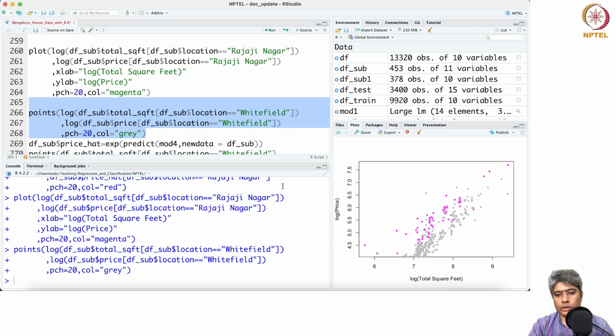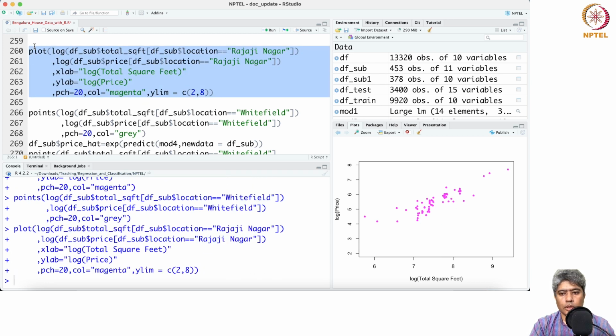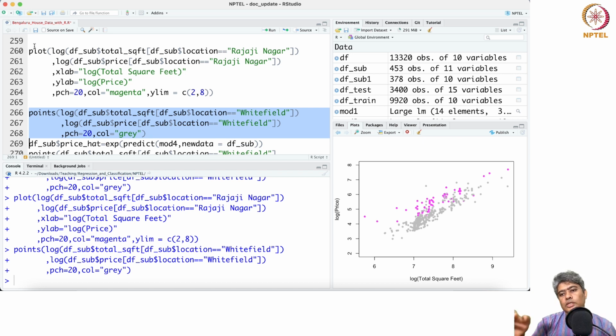this is also, to an extent, better. But I think quite a few points are down, so maybe I will increase the y limit, from maybe 2 to 8. You can see systematically the price in Whitefield is slightly lower than Rajajinagar. Clearly these points are in Rajajinagar, and these points are in